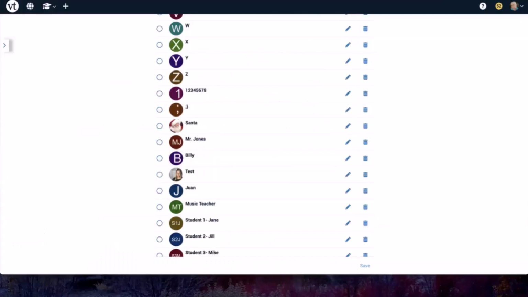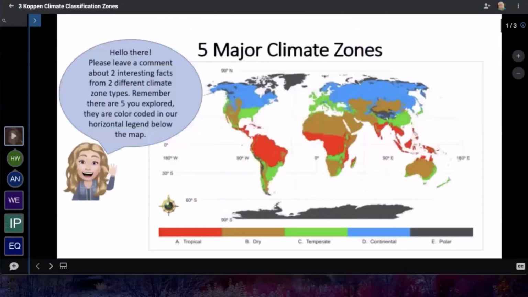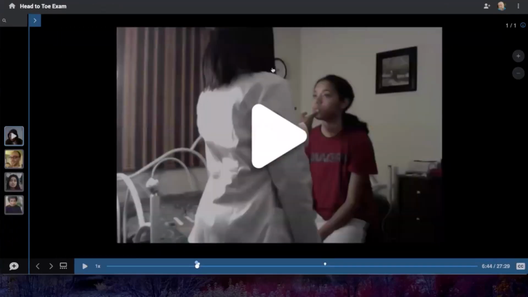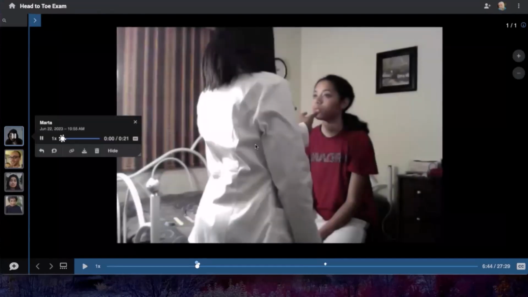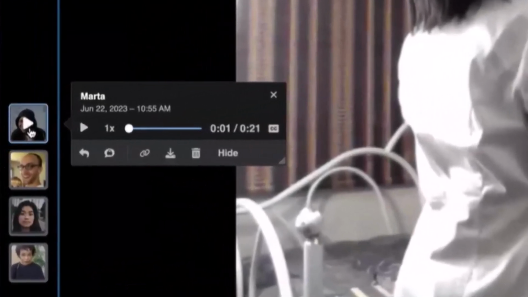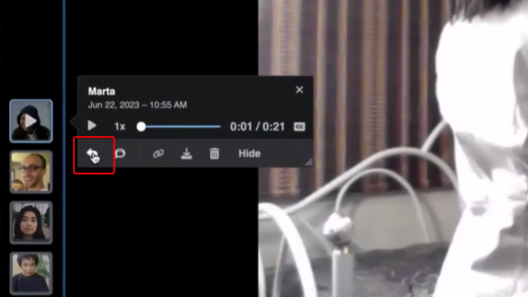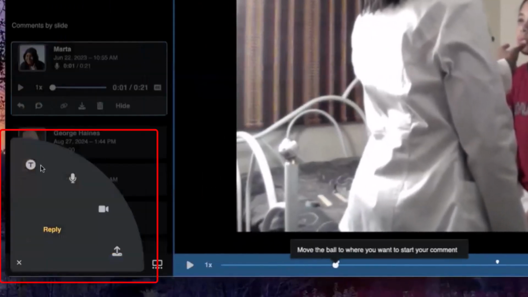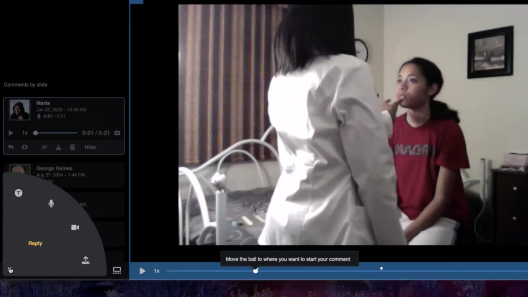threaded replies. The final thing that I want to show you today is threaded comments. Whenever you're having a discussion with your students, or a student posts a comment on a slide in your voice thread and you want to reply to that student, or you want to give feedback to a student on a paper that they wrote. So let's say this student created this voice thread and I want to give her some feedback. I can click on this arrow icon. I can record my response and start a thread of replies.